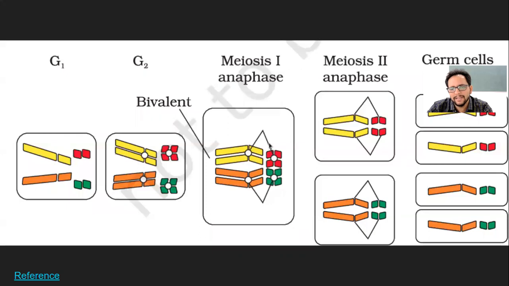If you can see this, it is a representation. This is not an actual cell that they have drawn, but these are the spindle fibers which are attached to the kinetochore structures at the chromosome, and then they are being pulled apart. That way, what you get is cells with, now they have not completely shown the haploid daughter cells, but ideally we should get those. And then after this, in the second meiosis, they are separated.